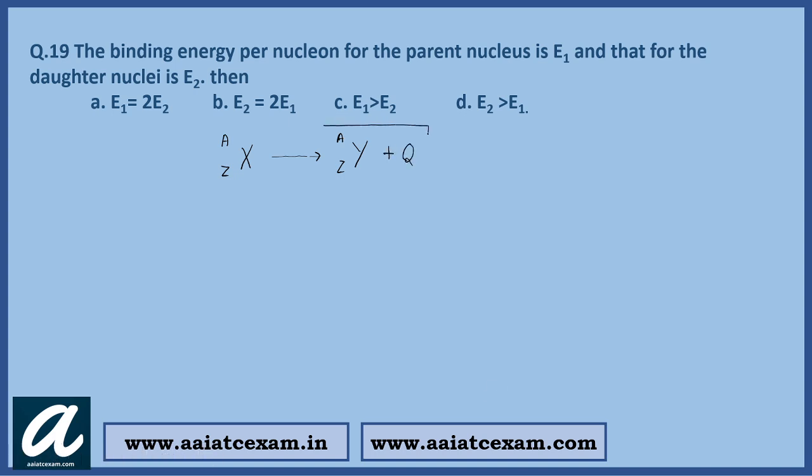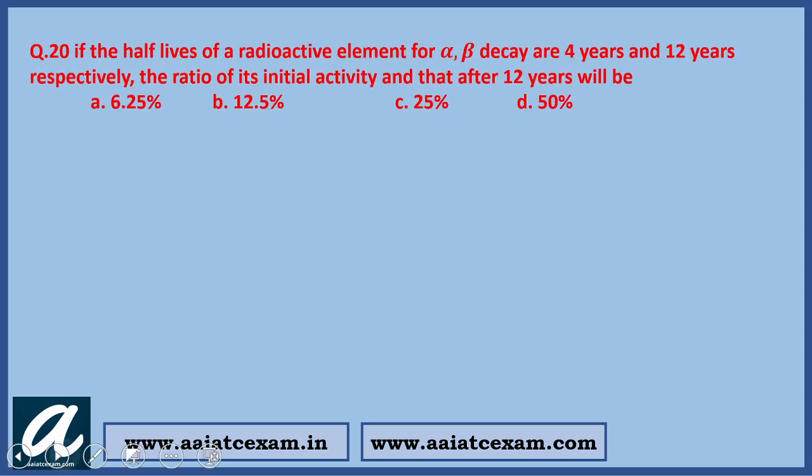binding energy, students. So as I told you in my question number 7 also, when I solved this question, the energy towards the product side is always greater. Product side energy is always greater. This is the energy towards the reactant side. It is E1. The energy towards the product side is E2. So you will say that E2 should be greater than E1 because this energy is released in the binding process, students.